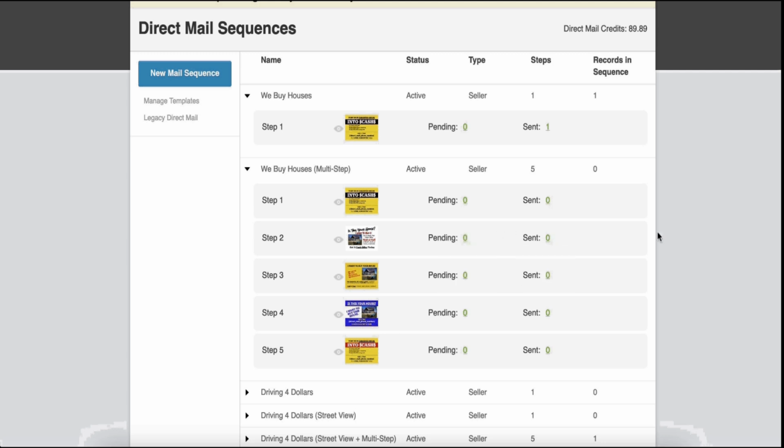And back to the concept, the foundation here are the templates. The templates then are what make up the sequences, and then you move your records, whether it's a seller record, a buyer record, a contact, you can move those records into the sequence, and that's when the automation of the sequence